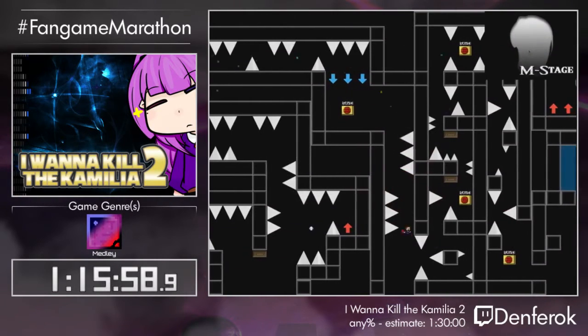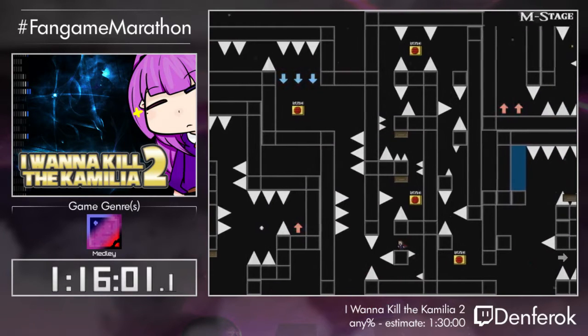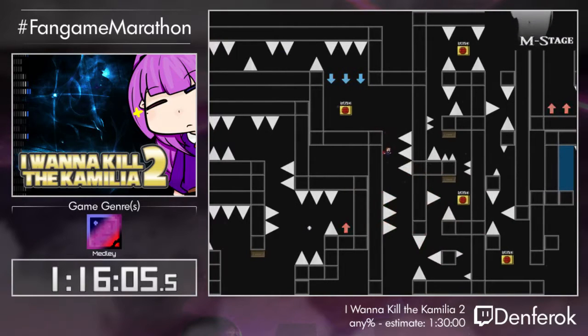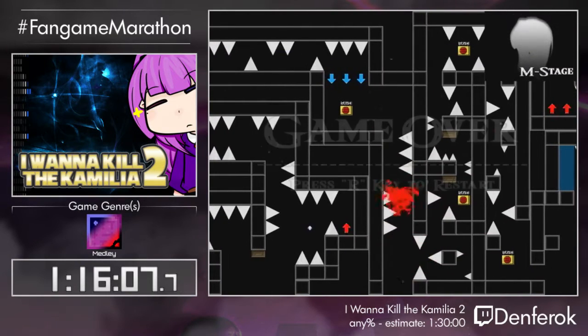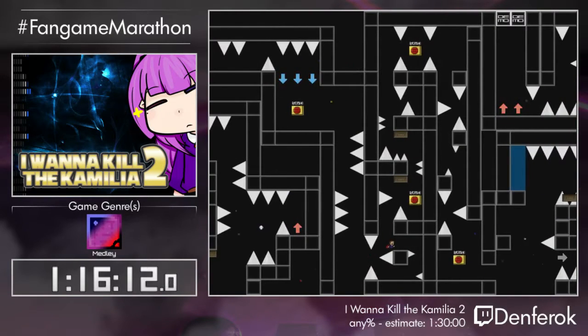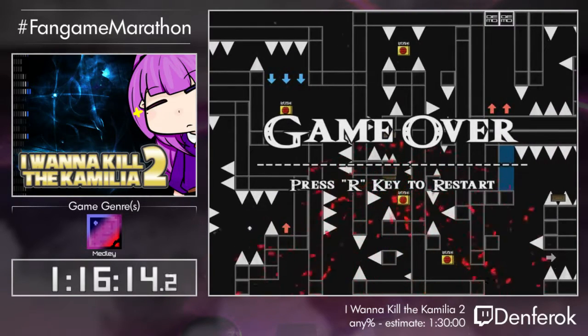So I just stopped doing F2 strats on that save. This drop is like the hardest thing in the entire game. In terms of platforming, that is. For me, that is. It's obviously not so bad when you're just playing it casually, but when you try and go fast, it's really difficult. Wow, that was...